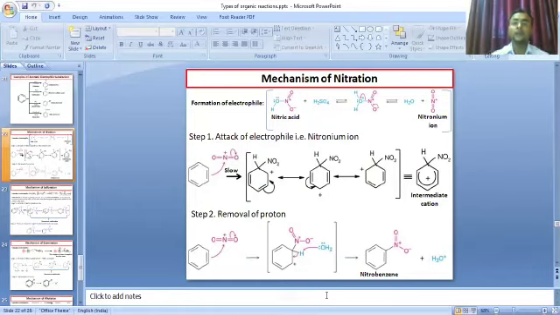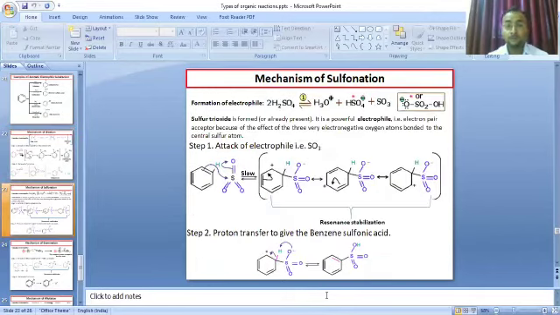Now come to the mechanism of sulfonation. First we see how the electrophile is formed. Sulfuric acid gives the hydronium ion, the bisulfate ion HSO4 minus, and sulfur trioxide. Sulfur trioxide works as a powerful electrophile, because the sulfur is bonded with highly electronegative oxygen atoms, and these are electron acceptors,